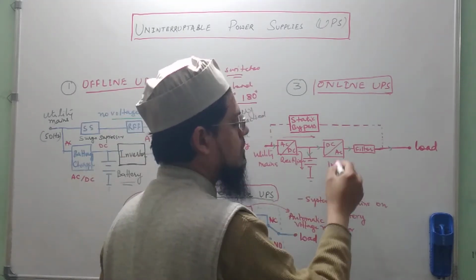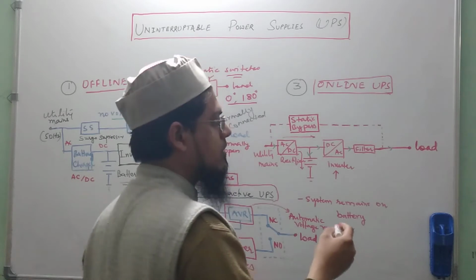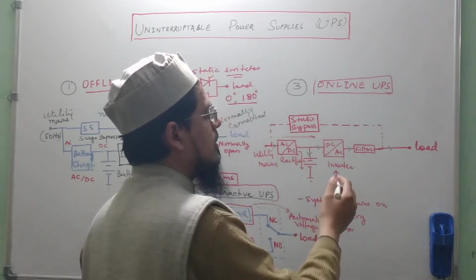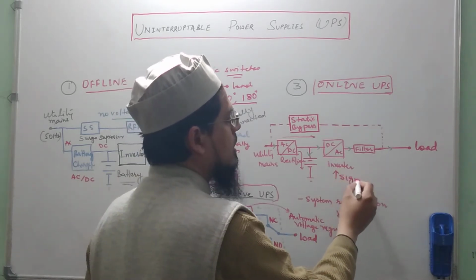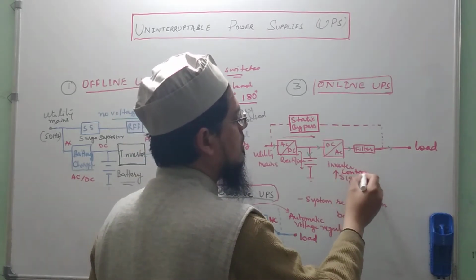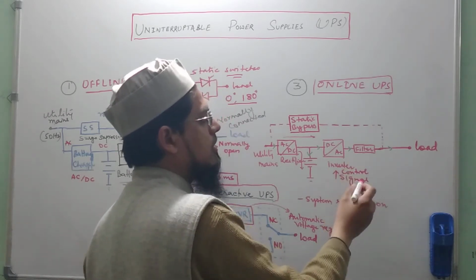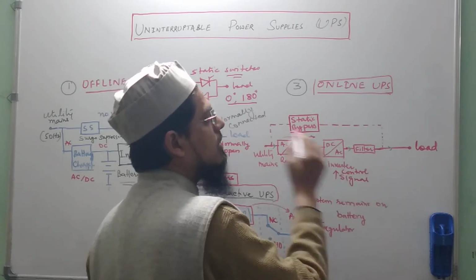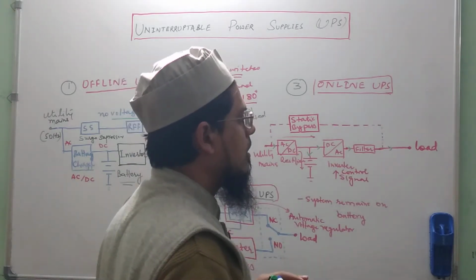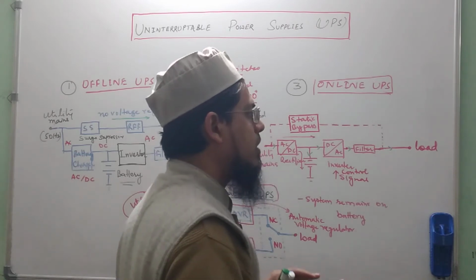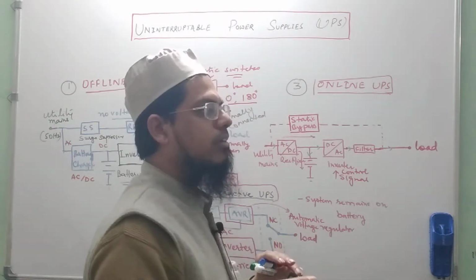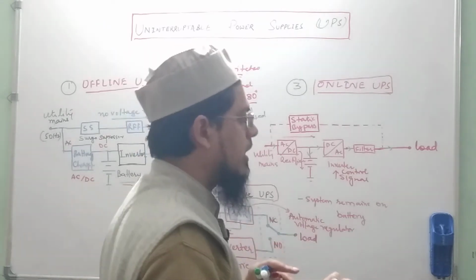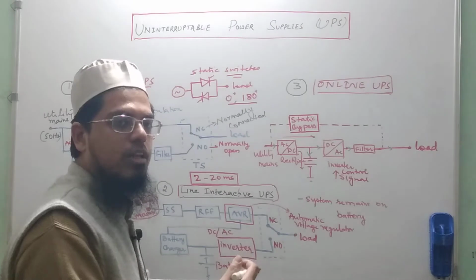So we will see in the next lecture the various components of the UPS. I will discuss that in detail. The control signal which is given to the inverter is basically a feedback signal. This ensures that the output voltage of the inverter is kept within the permissible limits of harmonic distortion and voltage level.